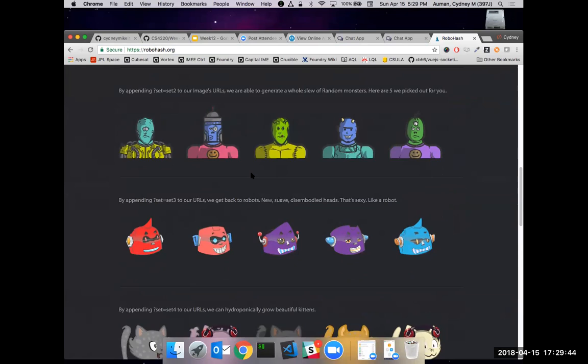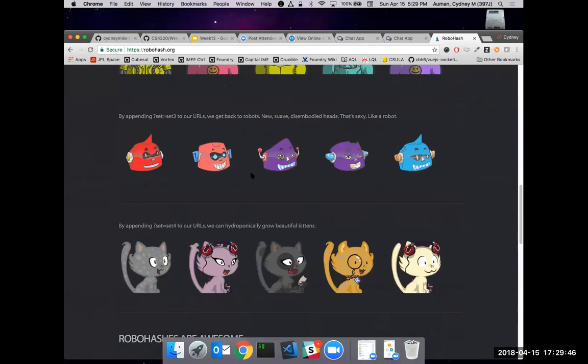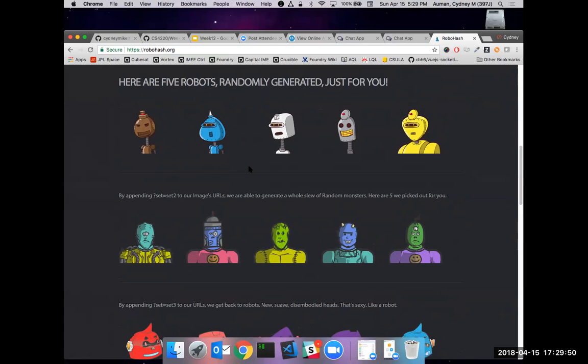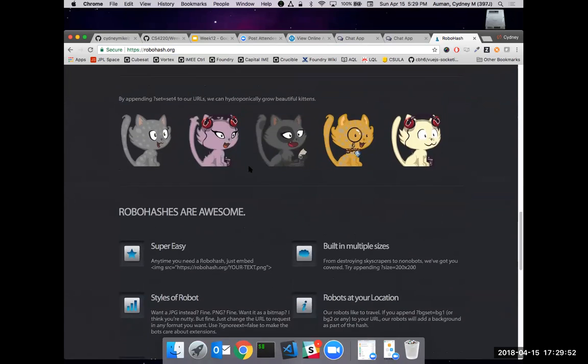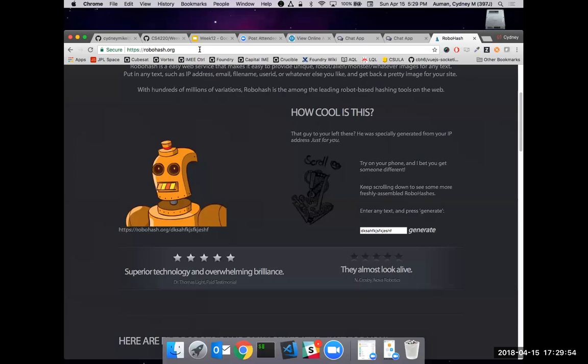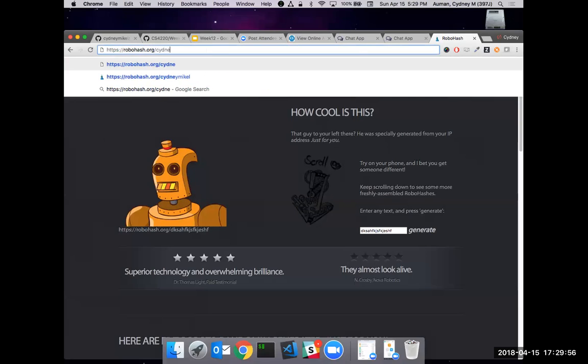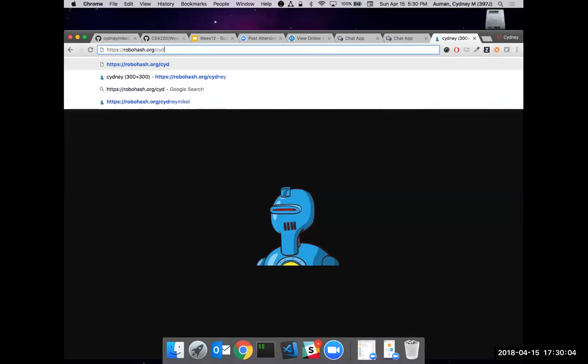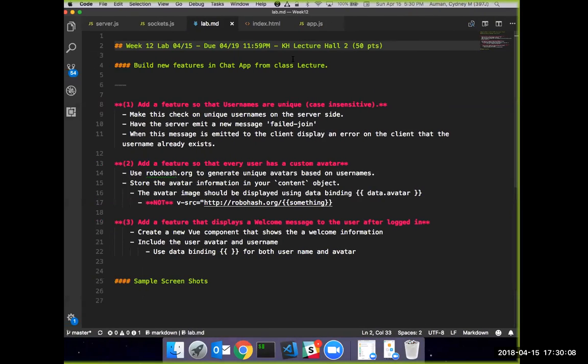So you can change it. I don't care which one of these you use. You can get custom kitties or robot heads or alien faces or whatever. So it's super simple. And then if you just type it up here, that's my random custom avatar. That's not very attractive, but that's fine. So it makes sense. You don't have to do too much work.